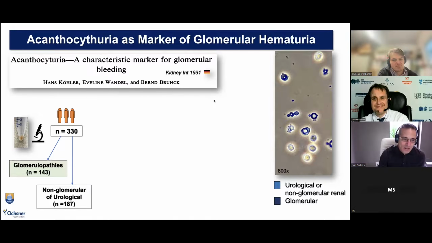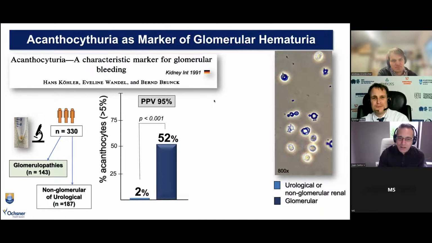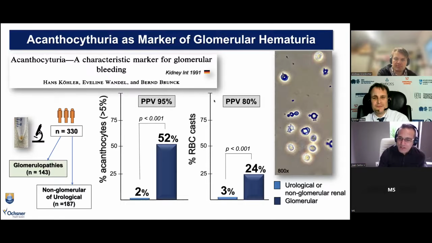He conducted a study looking at 331 patients, 143 with glomerulopathies and 187 without glomerulopathies. And what he observed is that the percentage of acanthocytes greater than 5% had a strong positive predictive value for glomerular disease. He identified it in 52% of those patients. He also looked at the RBC cast and only found it in 24%. Again, more consistent with the report from Asia, not so much from the report from Varghese, with a positive predictive